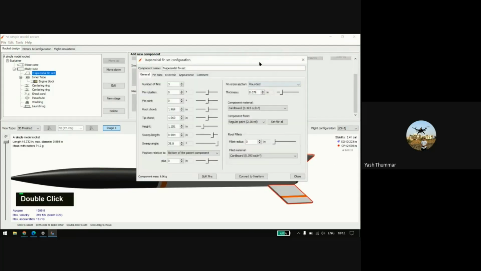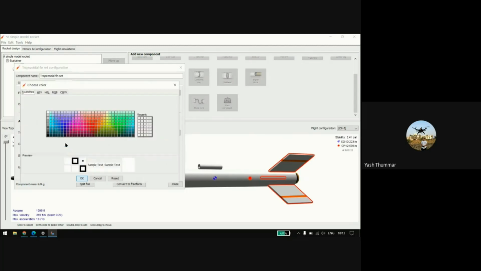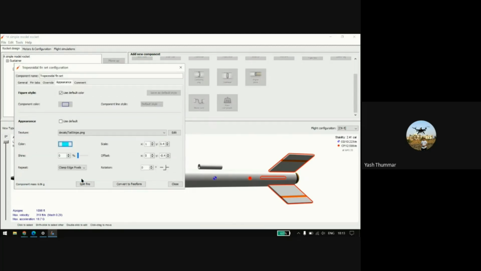Because of this, they use some kind of appearance as a PNG photo, so that's why it appears like this. Otherwise, if there is no texture, you can directly add the color. If you change the color and click on OK, as of now they apply the photo's exact texture, so there is no color appearing.